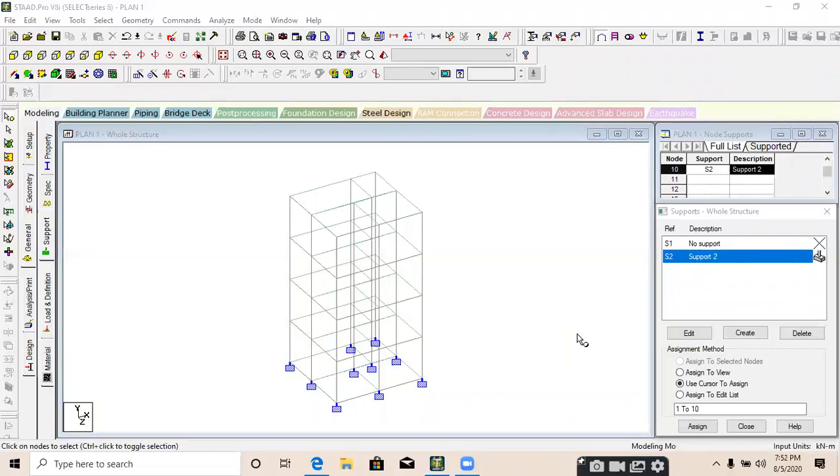Why do we use IS 875 part 1 and part 2? Just tell me, Sahid. What is the use of IS 875 part 1 in civil engineering? For load, which load?